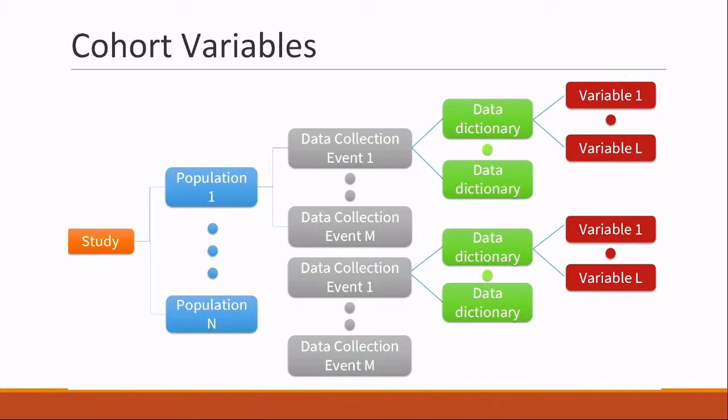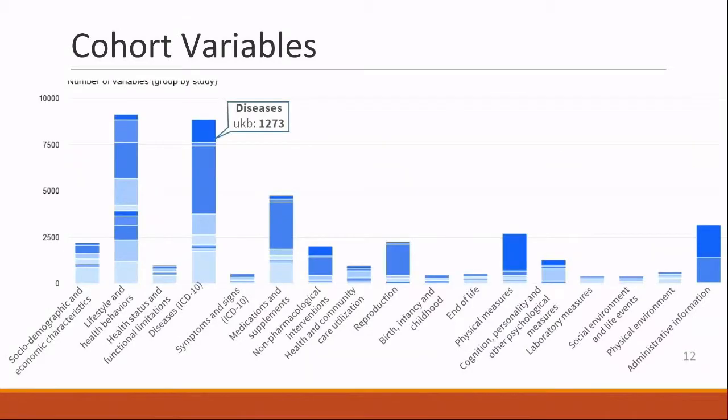I don't have enough time, and I don't want to take too much time away from our speakers today. These are the ways we've cataloged this information, taking information from the population cohorts, capturing information from the data dictionaries, and then asking what the variables are. So these are a list or a description of variables, and you can get a handle from this slide as to how complete that information is for different cohorts. I just picked cohorts where we've got information for ICD codes, and there's the number of ICD codes for UK Biobank listed there in that histogram.